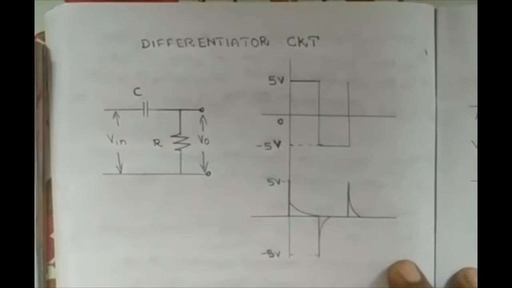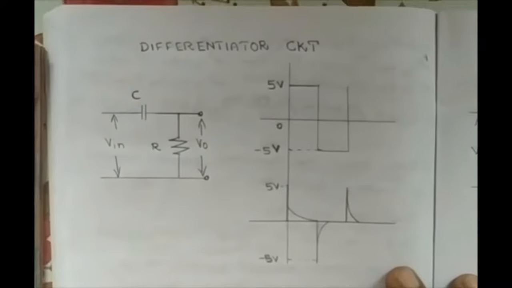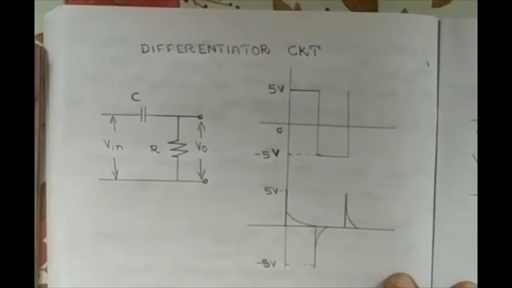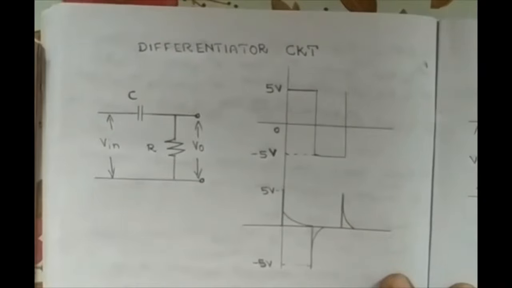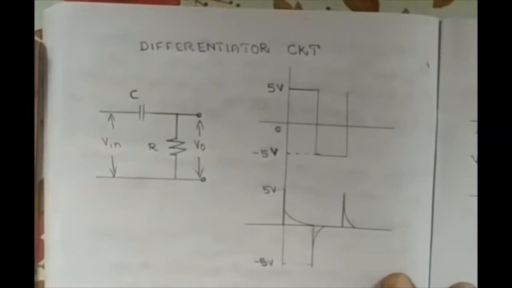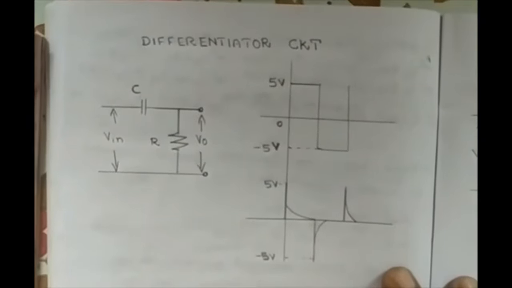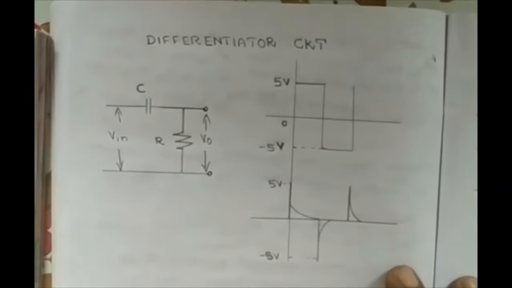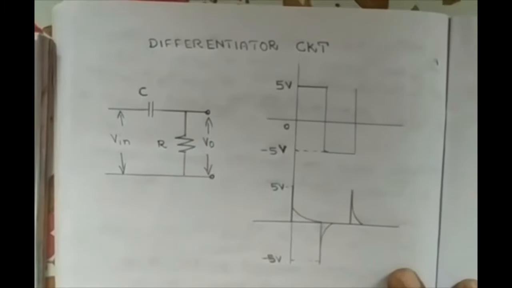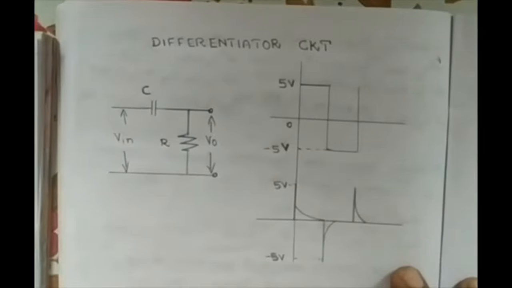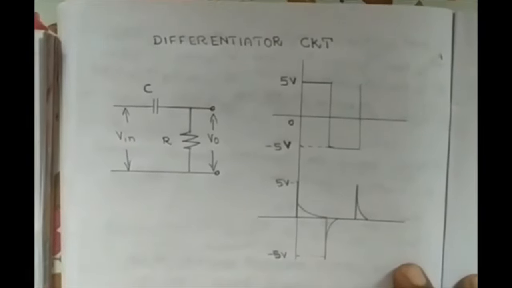Limitations of RC differentiator circuit: its gain is less than unity. It has a small time constant for proper operation. Output is a linear function of input only when RC is very much smaller than T. Due to these limitations, we use op-amp differentiator circuits. The applications of RC differentiator circuit are: it acts as a high-pass filter in active filters and in analog computers.